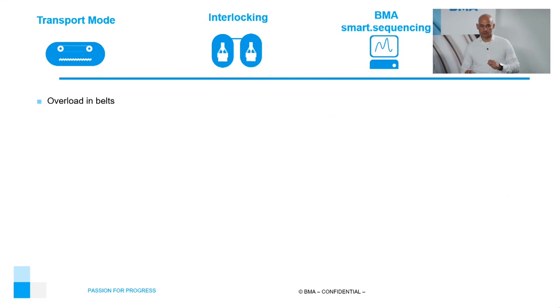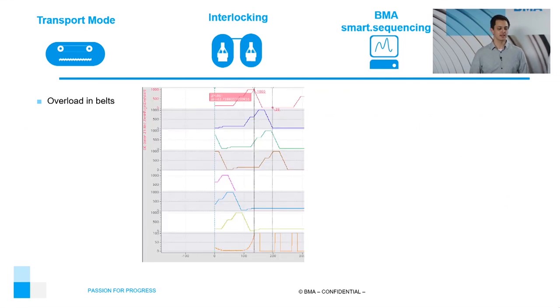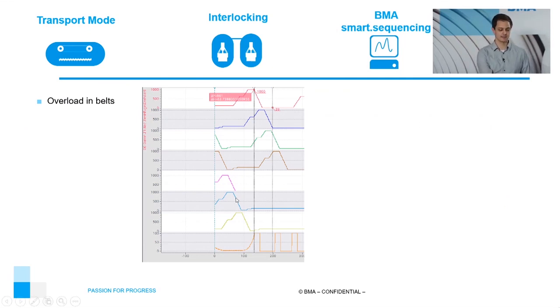Yes, exactly. We had one customer who was having these kinds of problems, which are really common. And we can see here real measured data, taken from this customer. He had a normal interlocking system. What is happening is the first machine discharging, second machine, third, fourth, and fifth machine discharging almost at the same time. And we can see here the load of the conveyor is going from 0 to 100%.